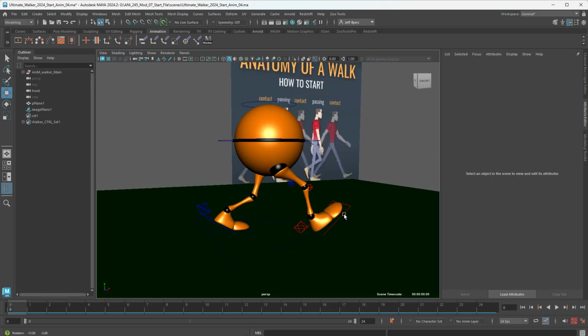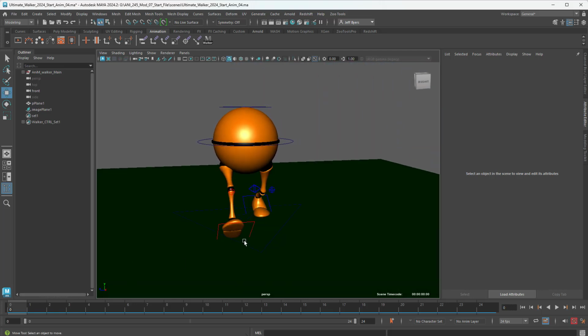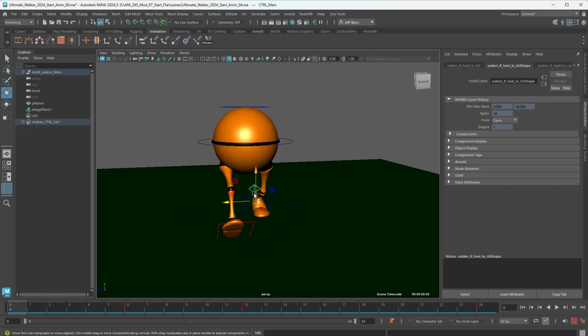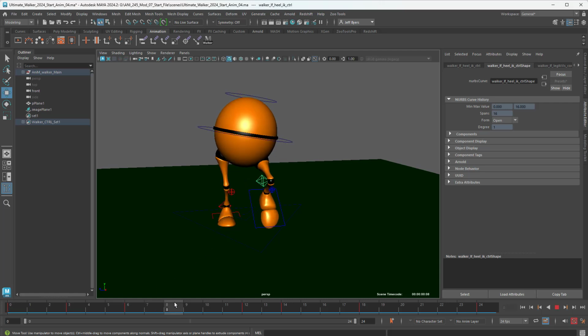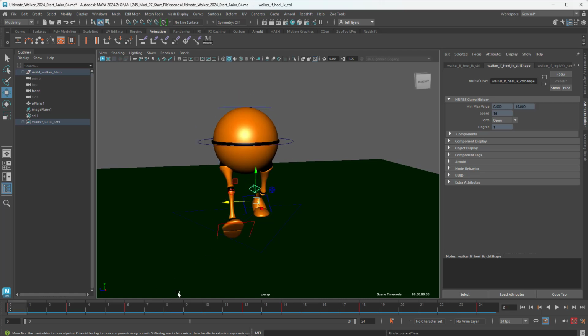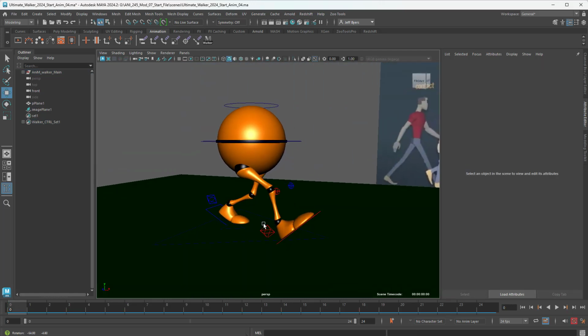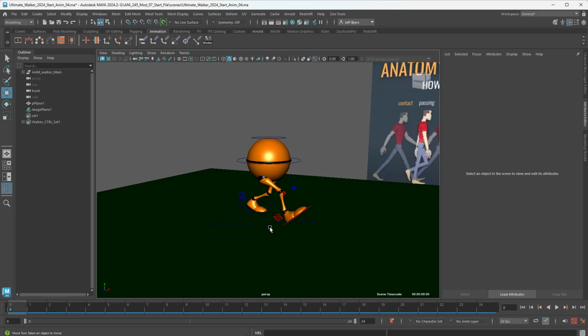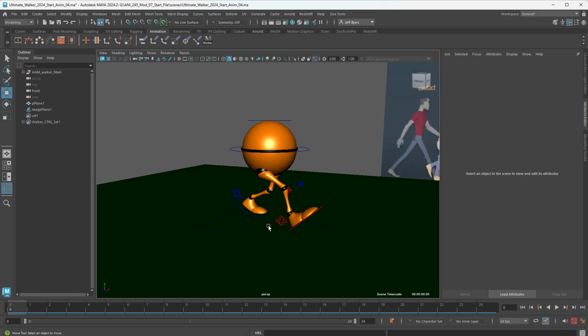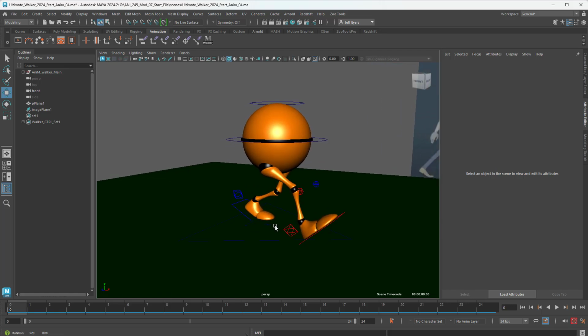And just make sure you have these keys that are offset. Make sure they're offset in the right manner, and everything's polished. Everything looks good. If everything looks good to you, then you need to move forward. Go ahead, and if you're ready to submit your animation, we need to get it into a